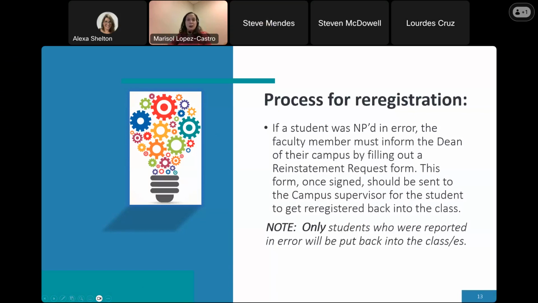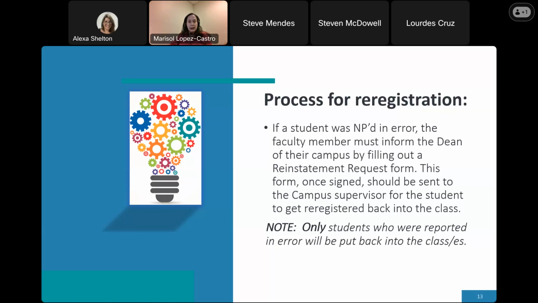Okay, so there have been times, and to err is human, that there was a data processing, data entering error. A student was accidentally dropped when they have been actually engaged in the class. The student reaches out to you. You see there was a technical error, and how do we go about rectifying this situation? There is a process where we can reinstate the student. You have to complete a reinstatement request form.